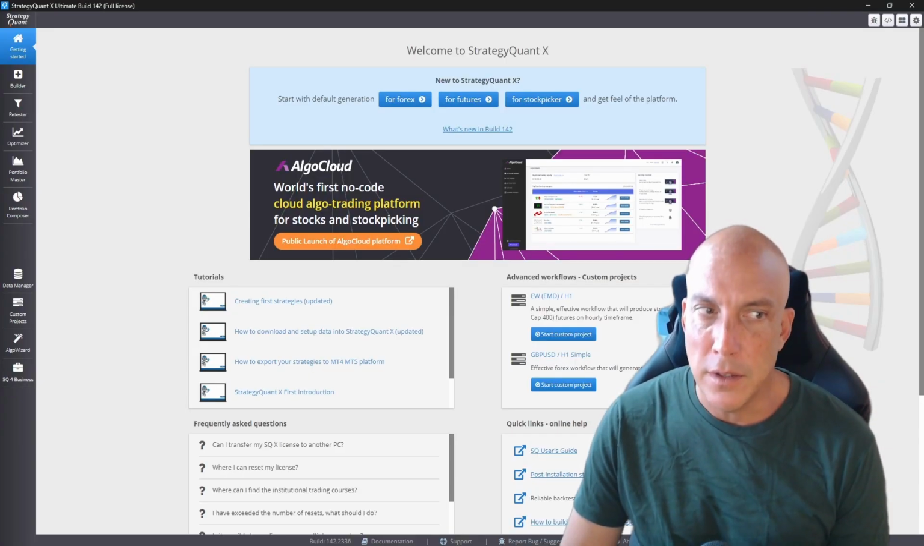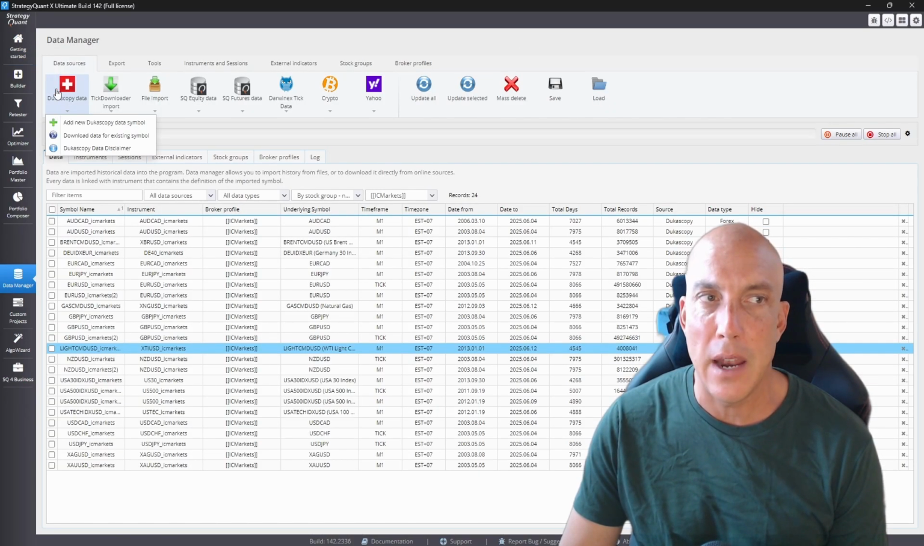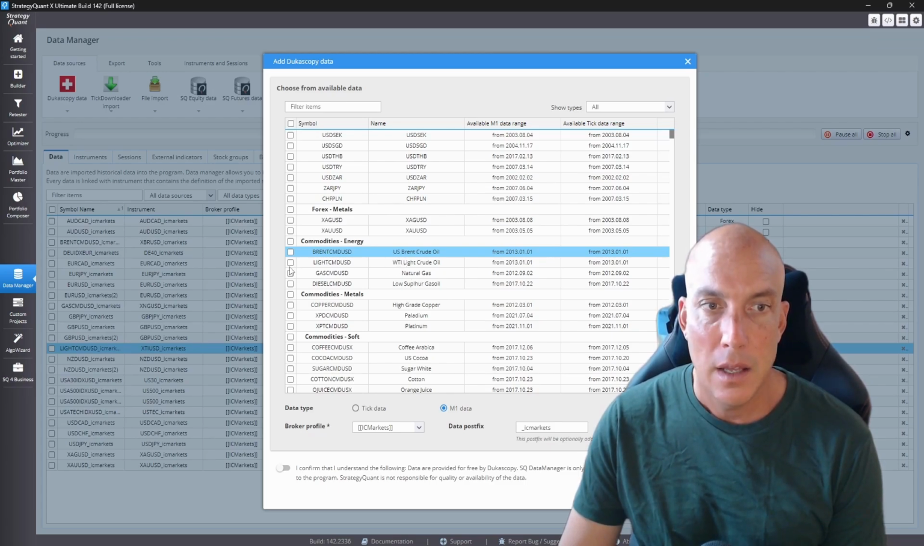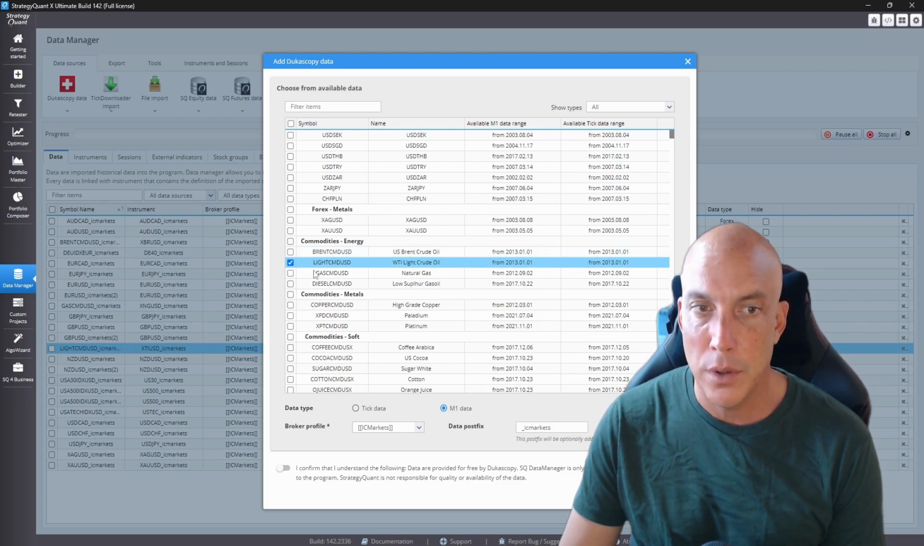We're in the StrategyQuant software. Let's go to the data manager and get that oil. We're going to add the oil here, and this is WTI. This is different than the Brent crude. This is West Texas oil. We're going to download it minute one. I'm using IC Markets, and then we're going to press save,